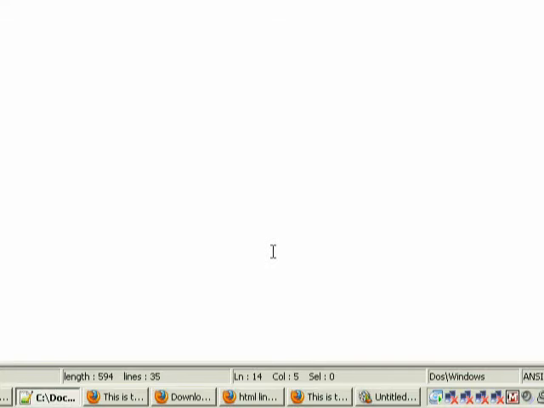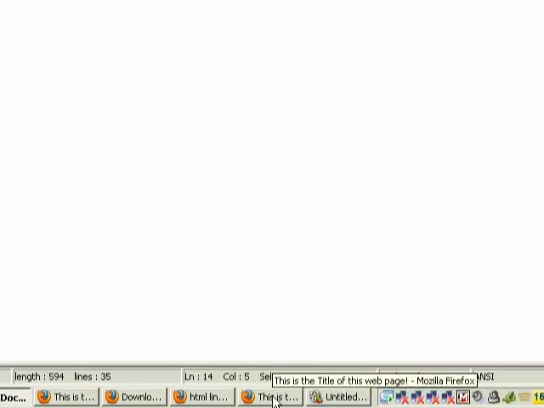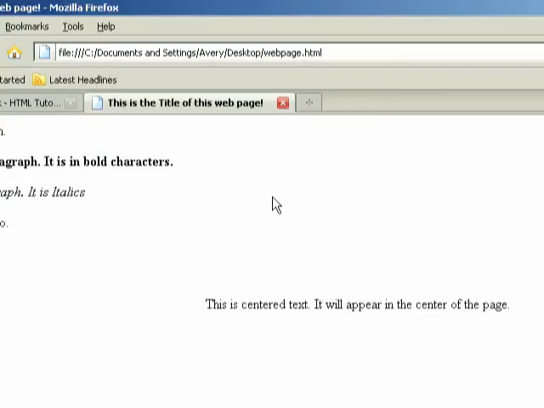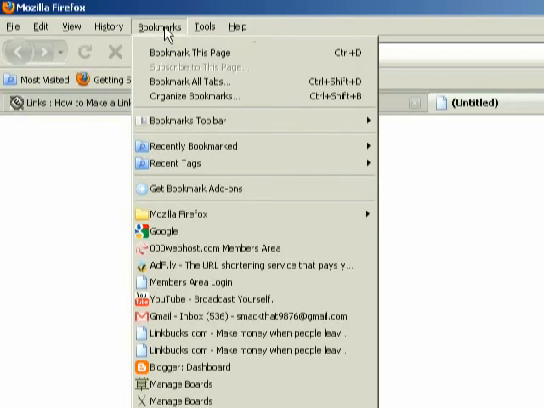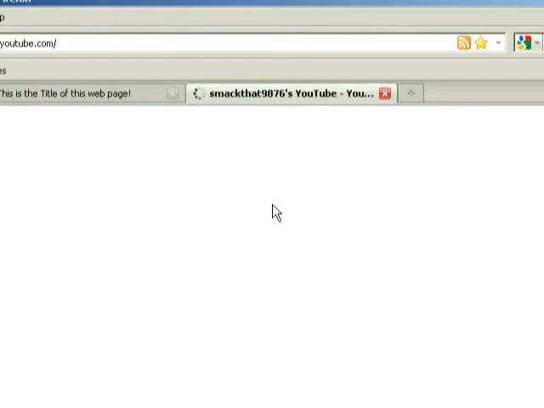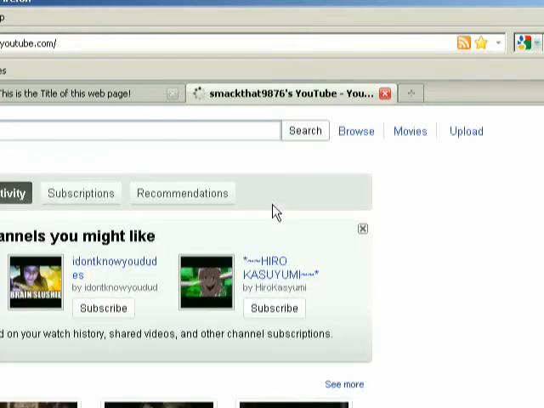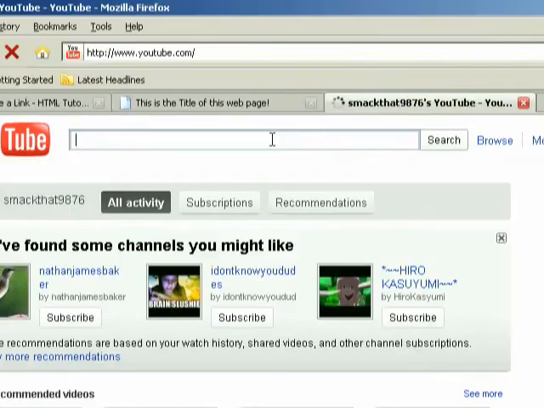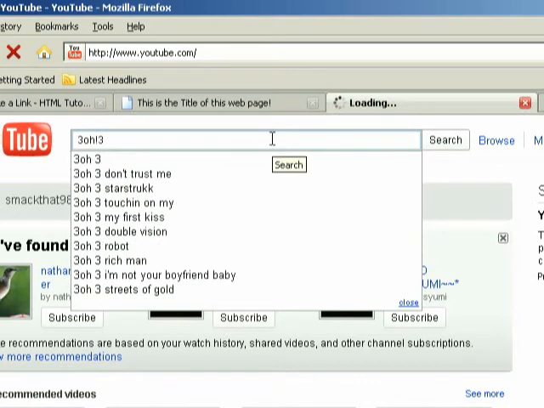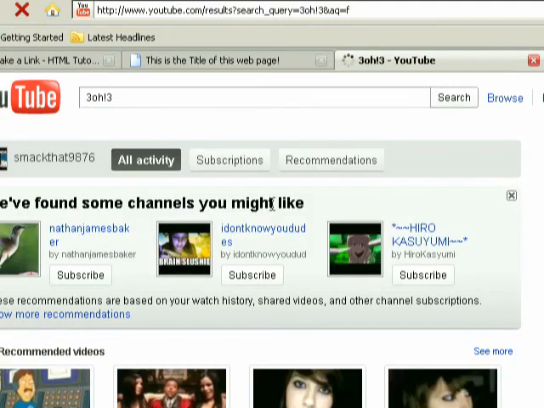Now I want to show you how, we're going to go to YouTube, and we're going to go to some music video, and we're going to go to the share. We're going to share that video, and then we're going to click the embed code to put it on our site. So let's say I wanted a music video. Let's say I wanted 3OH!3. Okay, that's a horrible choice, but it's just for an example